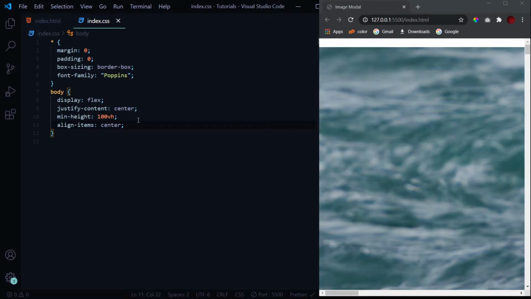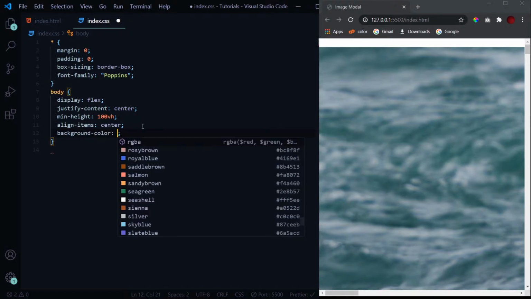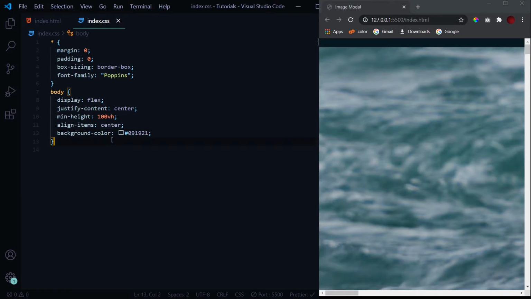images are too big we aren't able to see anything, but when we design the images it will look all good. Now we'll use a different background color. It's something like 091921. It's a good background for dark mode if you want to use it. Now we will design the heading. Actually, let's first design the images because everything is not visible because of the size of these images. So let's just give them a width of 100% and a cursor of pointer because we want them to look clickable.